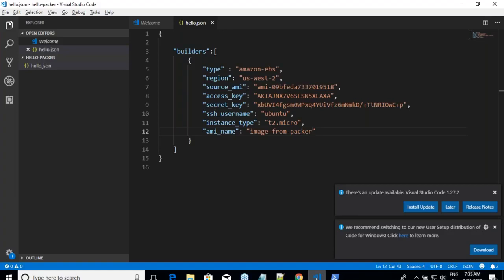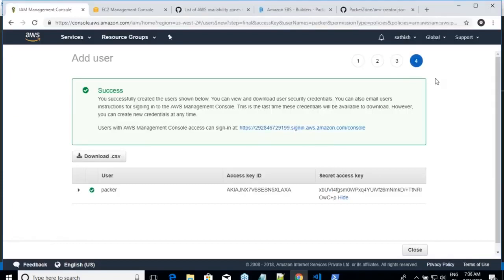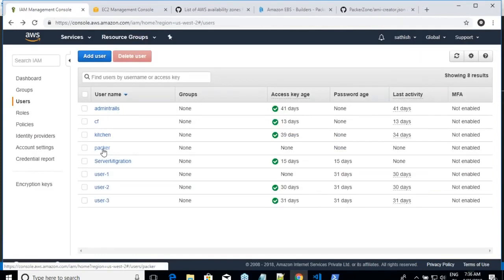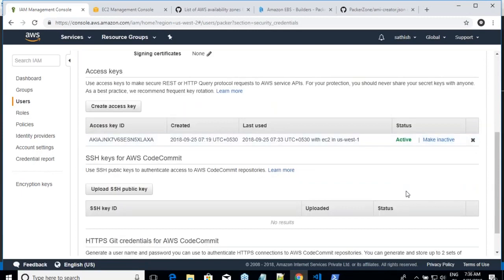So then how do I protect myself from this happening? Go to IAM, okay? Close this. You will get a user. We have created a user called Packer, right? Once you have finished your work daily, either make it inactive or delete it. Once you make it inactive, when someone tries to use the same secret key and access key to log in to your Amazon account, Amazon will not allow it, because it is inactive. Or delete it and tomorrow morning just create a new access key and secret key. That is always a better approach, deleting the older secret keys, right? That is the first thing.